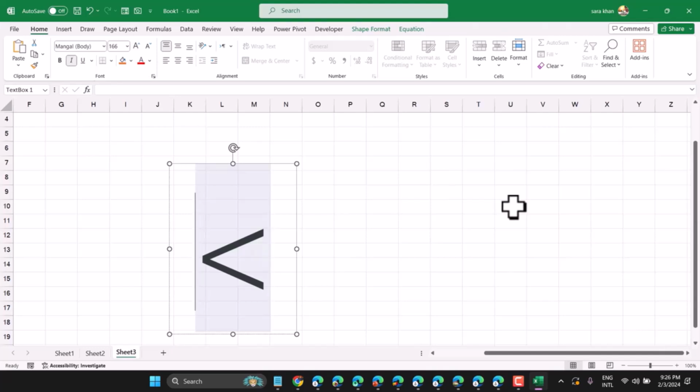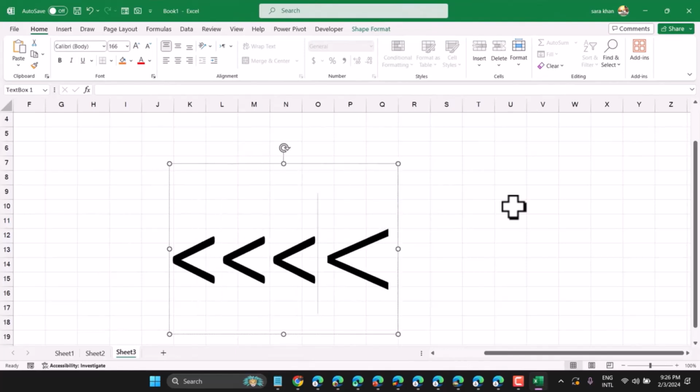So press shift and write this key less than. Almost you will find before M key on your keyboard. Another way,